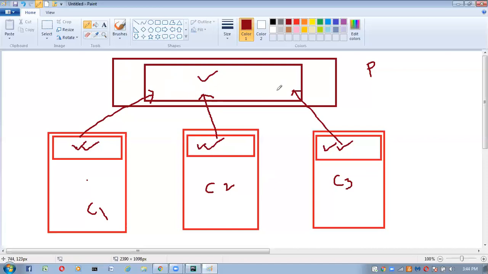Inside a parent class, whatever code is there, automatically that code will be available inside each and every child class. That is nothing but inheritance. Now here we no need to write this code again. Here also we no need to write this code. Here also we no need to write this code. Automatically this common code you will get from the parent HTML file to the child HTML files.